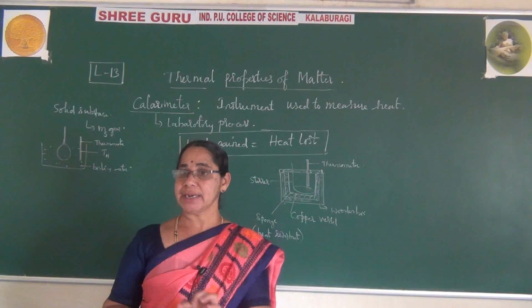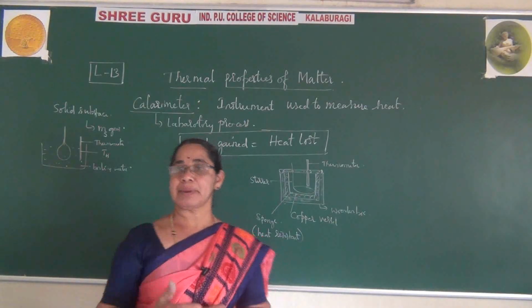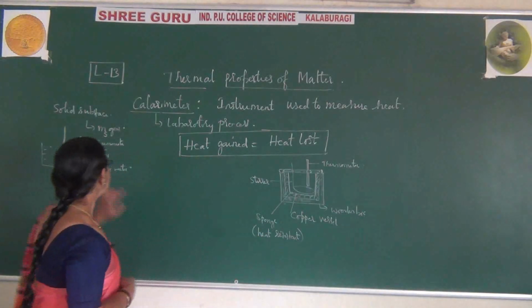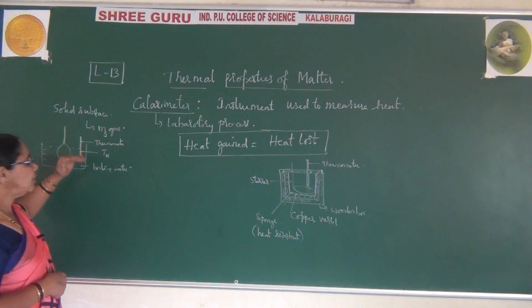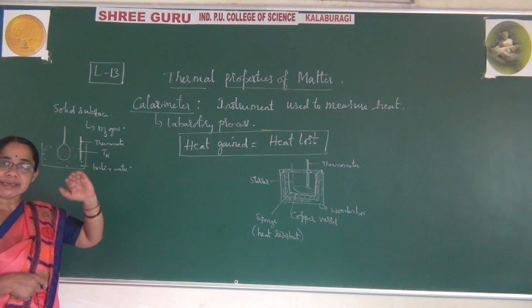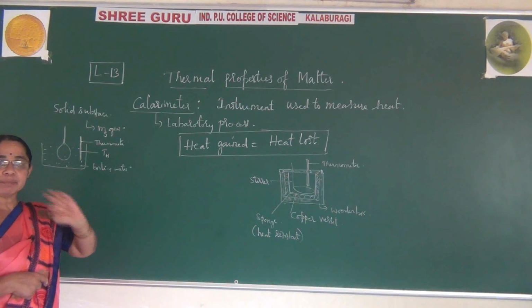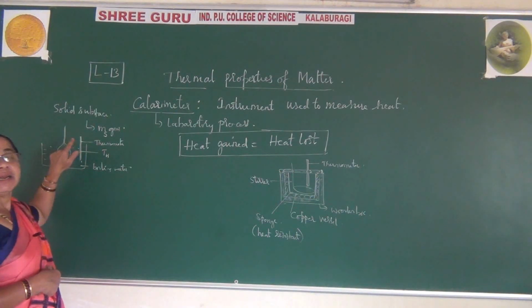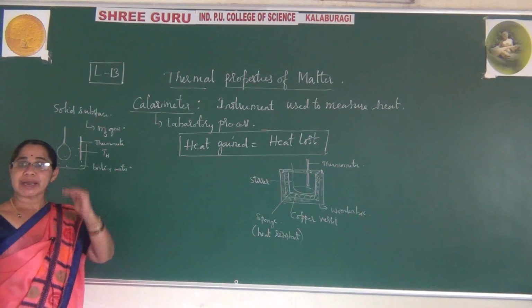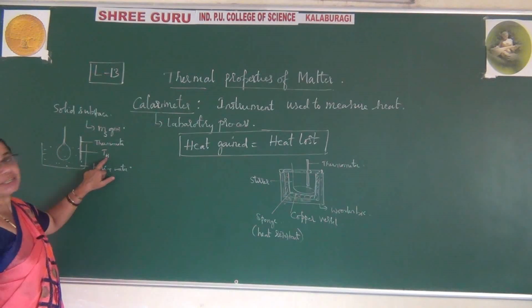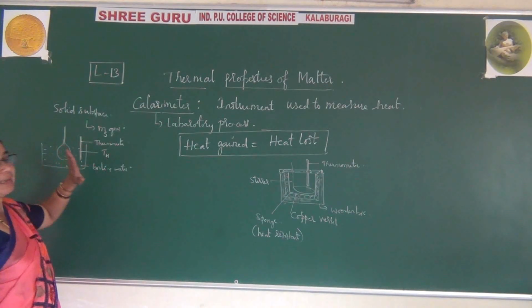That point has been attained, and that is the stabilizing temperature, which we note down as TH. So first we keep it inside, the temperature starts rising, and at a certain point it stops, meaning it has stabilized and there is no further rise of temperature. You get this TH. Okay, let us keep it here.